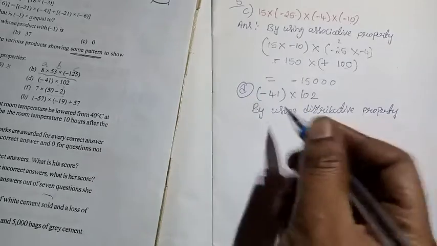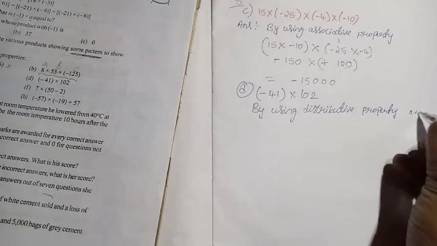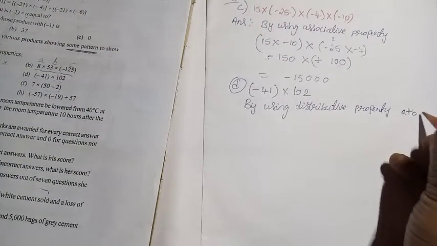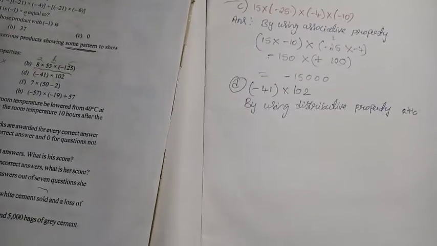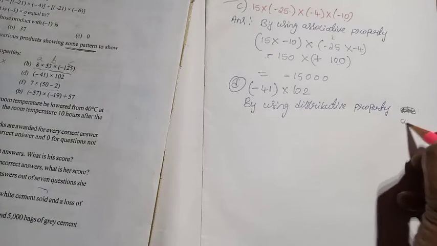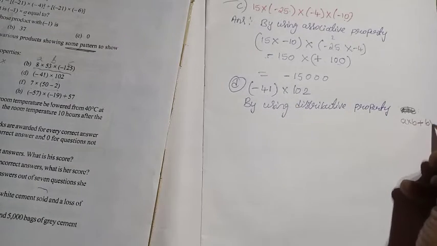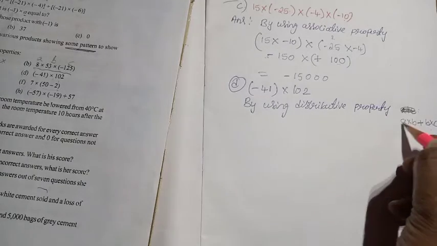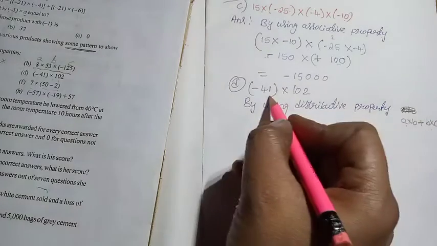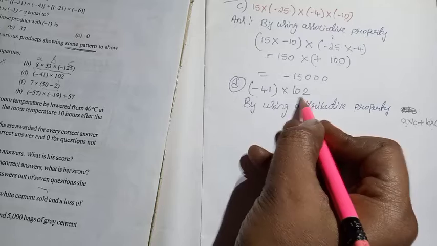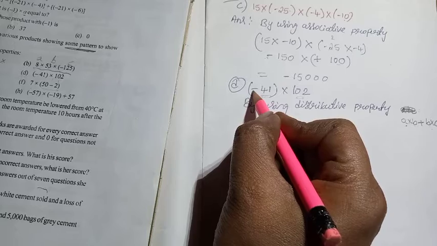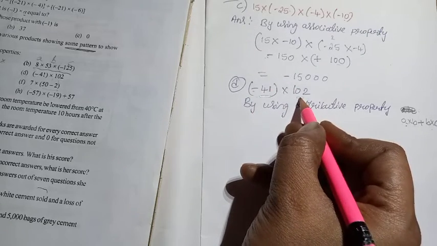So when doing the distributive property, for example I am showing here, a into b plus c. The distributive property says we take the multiplication, not addition: a into b plus a into c, the same number we multiply. In these two numbers, you have to choose which one you can make into two terms. 40 plus 1 also we can take, but here the sign is minus. So when there is a minus sign, leave it positive and choose whatever is easy for you.